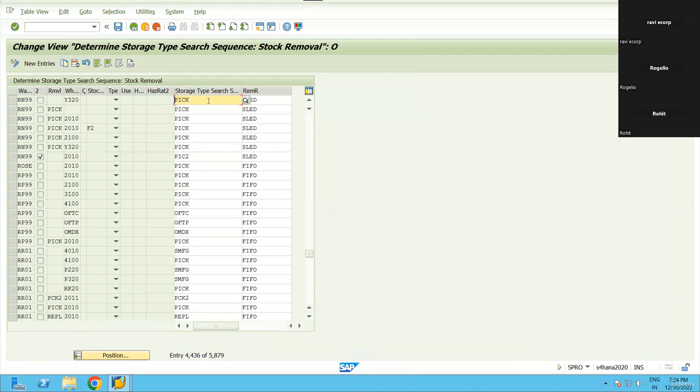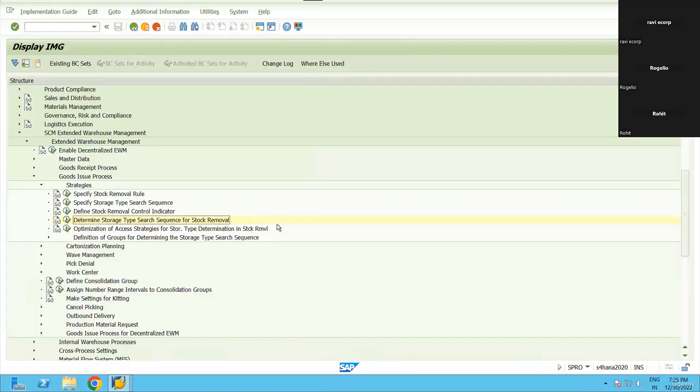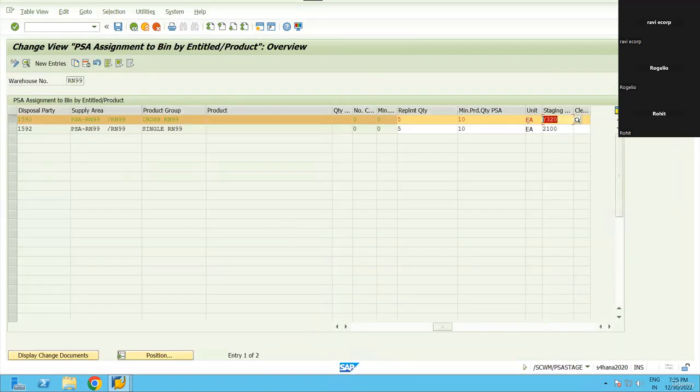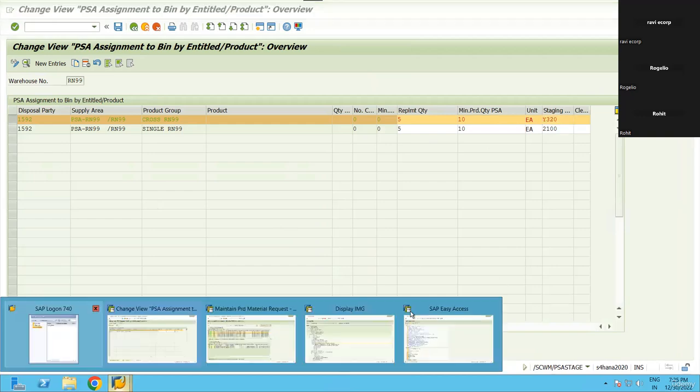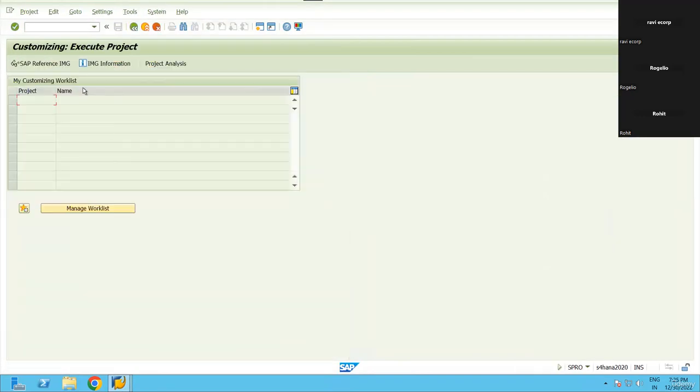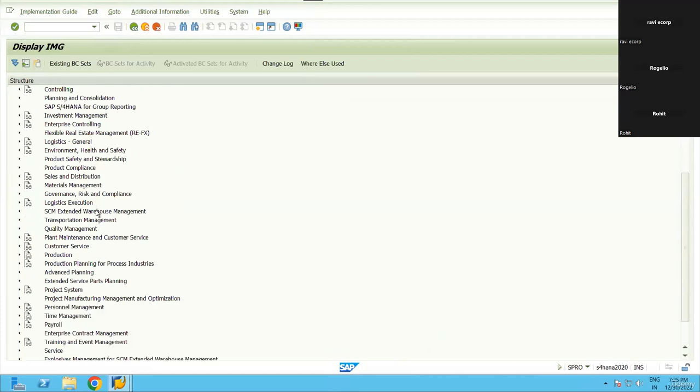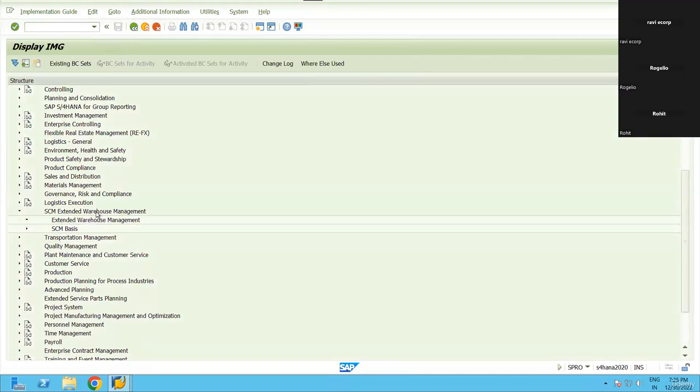Okay. You understood, right? Why we maintain this strategy? I think yes. So under the storage type search sequence, we define all the storage types. So system will check the stock in that particular storage types to perform the staging. That is the meaning of this. Okay. And one more setting is, since we want to use Y320, in that case,